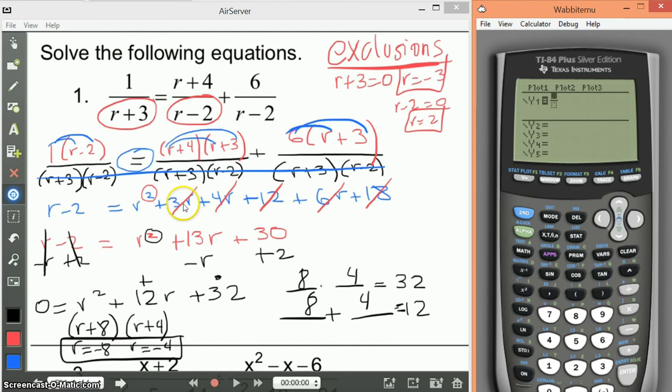So on y1, I'm going to put 1 over x plus 3. And on y2, I'm going to make it bold, so whenever I see the graph, I can actually see which one is my y1 and which one is my y2. So alpha y equals, to set it as an equation, as a fraction. So x plus 4 on top